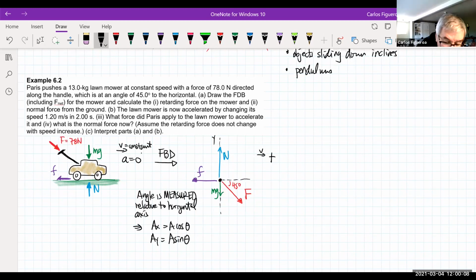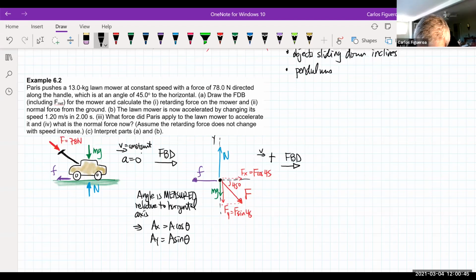So what am I seeing here? Note that I have a component in the fx direction, which is f cosine, in this case, cosine 45. And then I'm going to project this in the y direction as fy, which should be f sine of 45. So a true free body diagram really has only vectors on the axes. So then if I continue to move in this direction here,